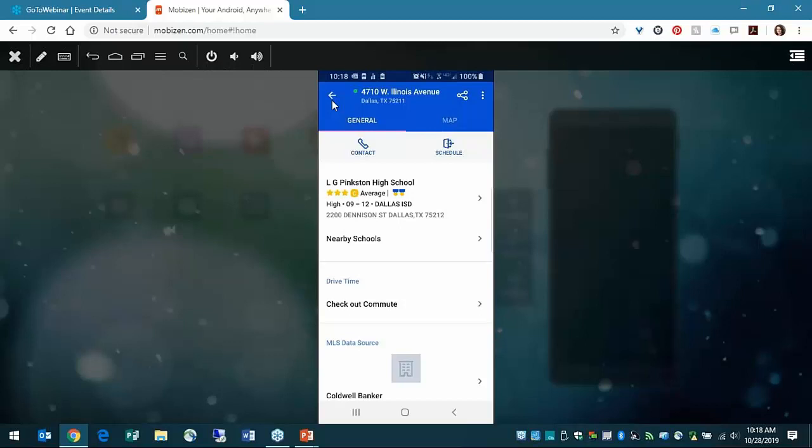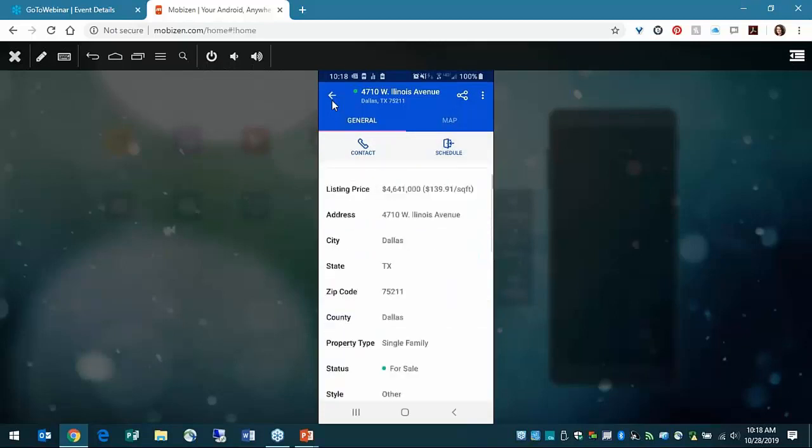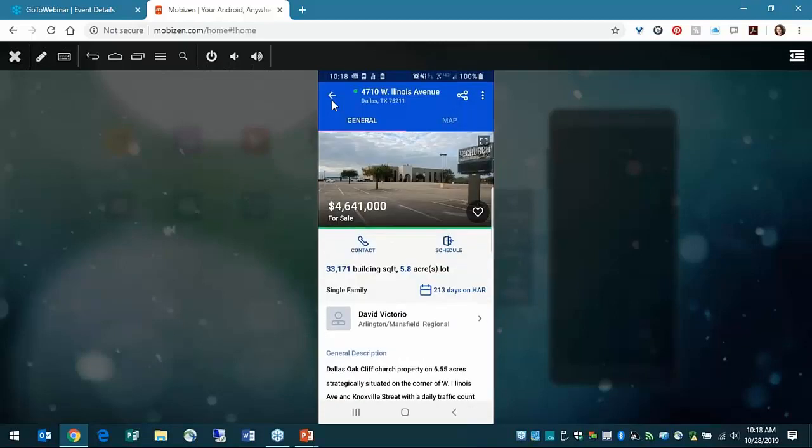So looking back toward the top, I've got two options. One, to contact the agent by phone. Because I'm on my phone, as soon as I hit contact, it would call that agent. Schedule is to schedule an appointment. Because I'm logged in as a member, a realtor member, it knows that I am an agent and will give me the options to make an appointment and